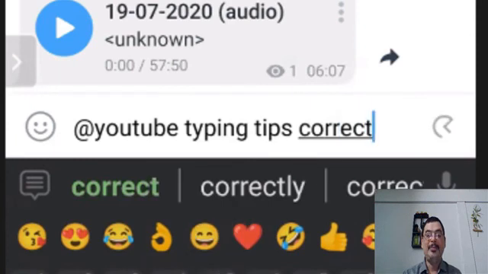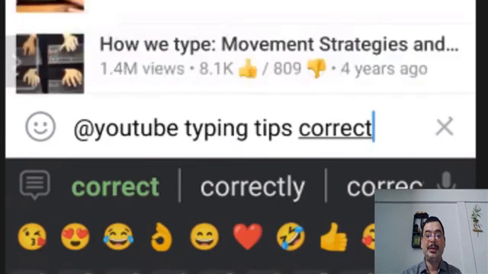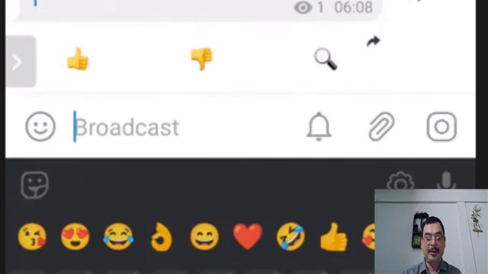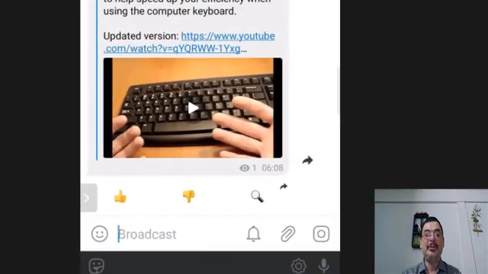So every time you can select the video you want to send, and once you select it, you can just send it, and people who like to see the video can see it, and if they want they can press the like button, or they can go and search also. So like this you can share videos directly from YouTube to your recipients.